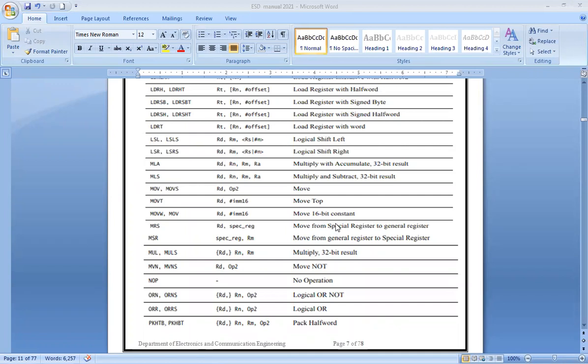Usually, we use this instruction NOP whenever we need to slow down the processor. Whenever there is some data to be transferred, and the connected peripherals are slow and the processor is fast, there are chances of data mismatch or data loss. So in order to keep the data in sync between the peripherals and the processor, we use something called NOP, which is no operation.